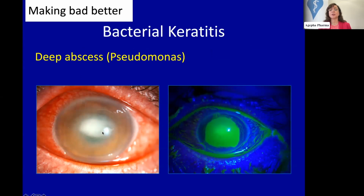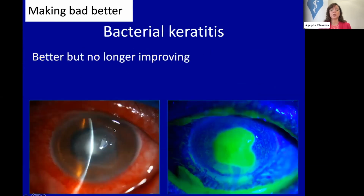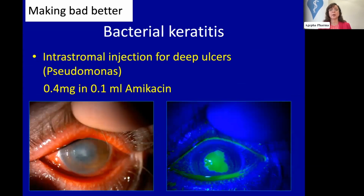In a deep abscess like this Pseudomonas patient, the patient had a large ulcer with a very deep abscess, and the patient kept on responding. And at a point, the patient stopped responding because the infection was very deep. And the ulcer, although much smaller, the infection became quite resistant because it was quite posterior. And sometimes even the ulcer completely heals and you still have the deep infiltrate. And for these patients, you can give intrastromal injections. Like in these patients, we've injected 0.4 milligrams in 0.1 ml of amikacin,